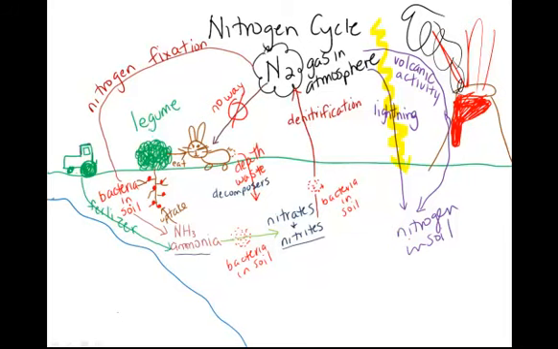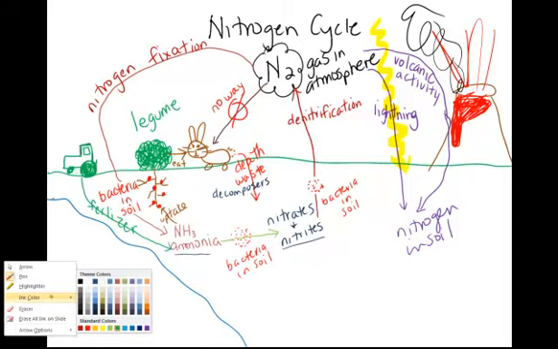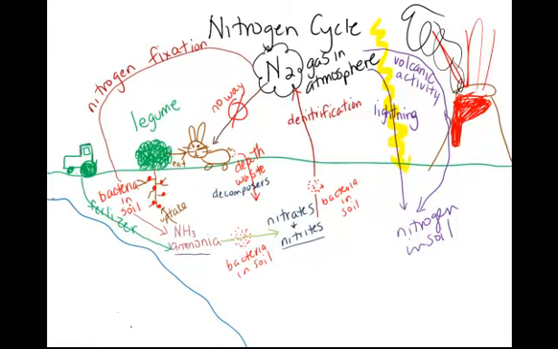Okay, so we kind of got a cycle going here on the land, between land and atmosphere. We have nitrogen gas going into the soil, and then returning to the atmosphere again. We haven't really gotten very much in our picture about nitrogen in the water. So think about, we talked about how come lakes turn green in South Dakota in the summertime, and that's because when we have runoff, I'm going to put some runoff here,